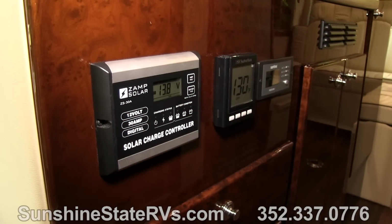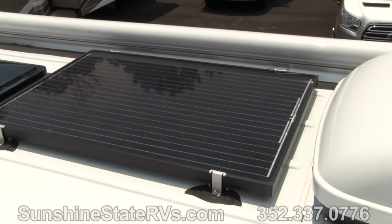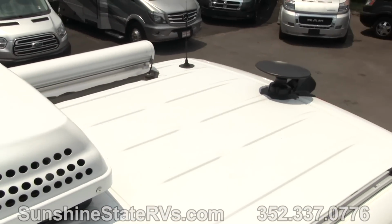All of the systems in this are very high tech. So you have 200 amps of solar, the solar controllers here. You have an instant hot water heater through the whole coach. So your shower, both of your sinks, everything is instant hot water. You're not limited to a 6-gallon hot water tank. It is instant. As you're hooked up to city water, hot water is flowing through there